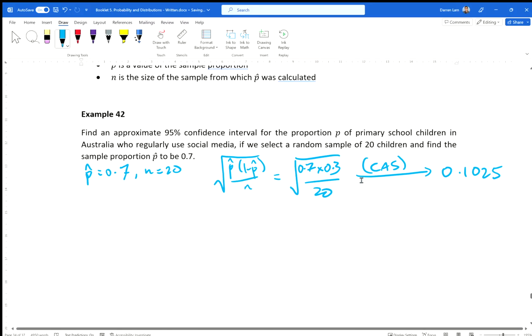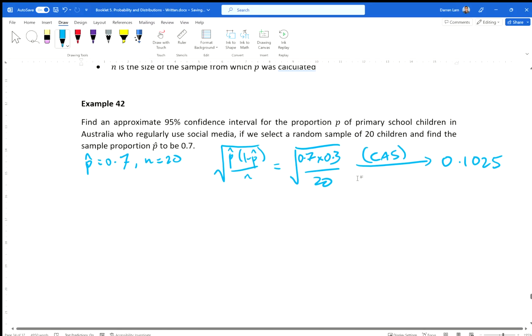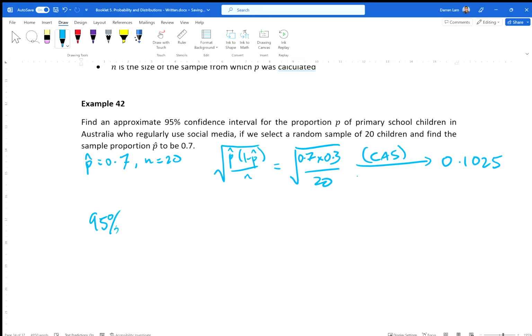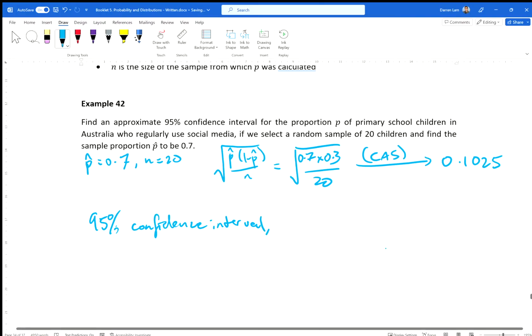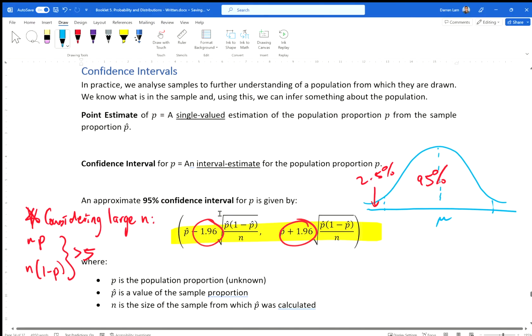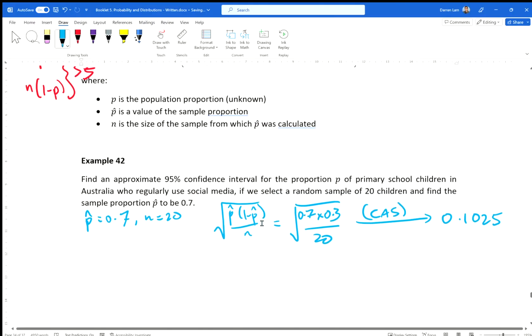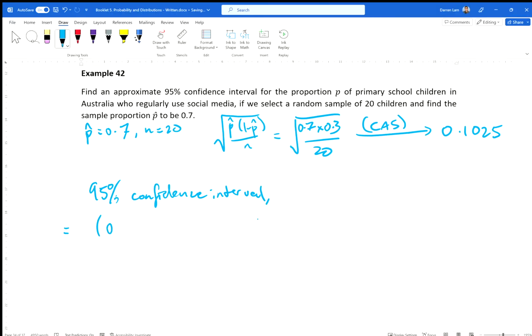Okay, let's do a 95% confidence interval. So a 95% confidence interval, again, is a range of values, so really we should be writing from here to here, right? We're going to use our curve brackets, we're going to say equals, and the formula above is our p hat minus 1.96 times that value. So it's going to be p hat, which is 0.7, minus 1.96 multiplied by the value we just found, which is